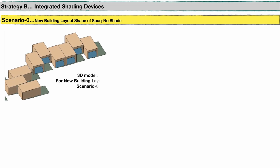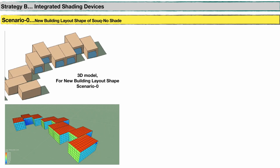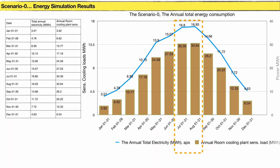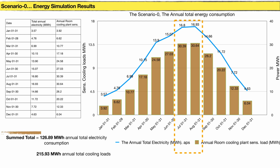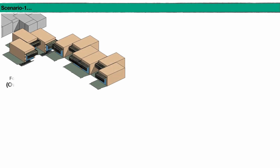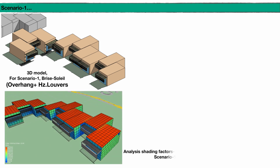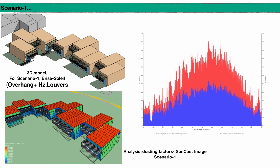The first scenario is referred to as Scenario 0, which is the new building layout shape of a souk without shade. The total annual electricity consumption is 126.8 megawatt hour, while the total annual cooling load is 215.93 megawatt hour. Scenario 1, which extends the horizontal projection overhang, improves the total energy consumption of the building in comparison to